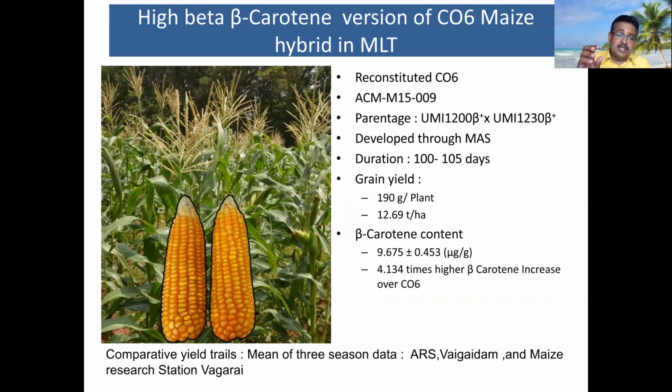In this case, we are selecting for high beta carotene, and we have the marker which is inside the gene, that is the CRTRB1 gene. Sometimes you have markers very near to the gene of interest, not exactly on the gene. In that case, when you select the trait of interest, we should have the closest marker, that means less than 1 centimorgan distance, a very close marker. Then only when you select the progeny based on the marker does your trait also come along with that. But when you go for selecting QTLs to transfer into the elite background, that is a different story, because that is a big region and you have to adopt a different kind of methodology.